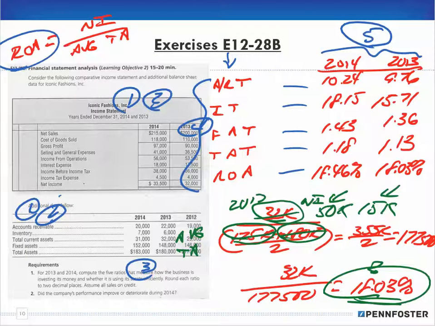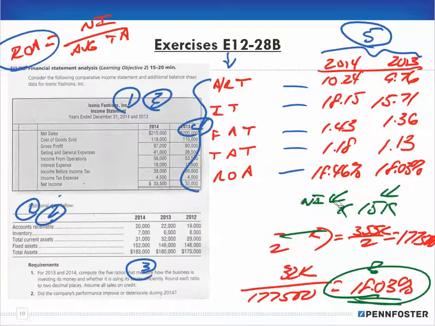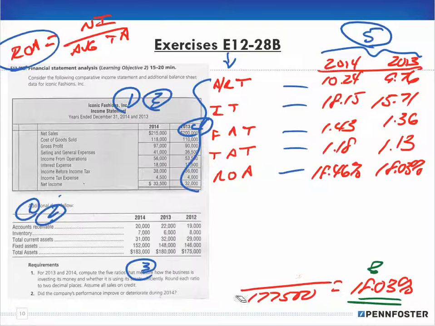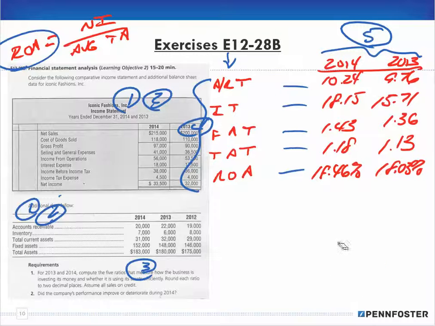So when you see that and you begin to understand that, okay, I'm erasing all of this, then what ends up happening is you have a better understanding of what these ratios are telling you. Now, here it's just asking you for a simple question, okay? Whether it's improving or deteriorating. And in this case here, we're improving